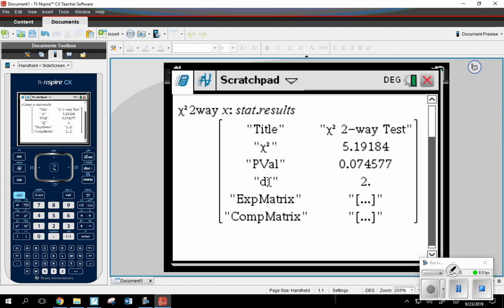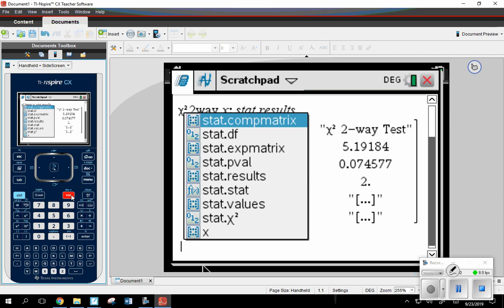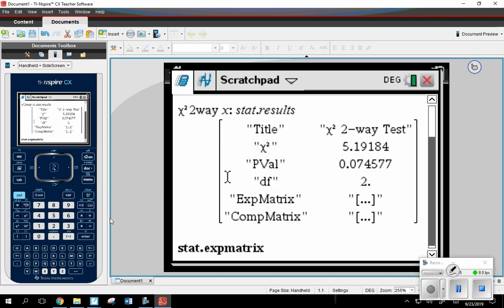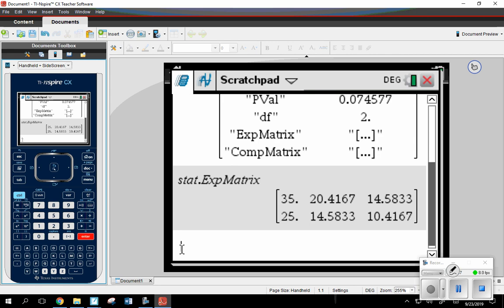Okay. So the number of rows minus 1 times the number of columns minus 1. And if I want to go ahead, and while I have this up here, show the expected frequency values, which we found by hand a moment ago, remember, go to variables above 9. You don't have to hit control this time. And choose the one EXP matrix. Okay, expected matrix. There you go. And there are the values that I previously put up there. So those are multiplying the column and the row totals divided by the total of all the people in here.